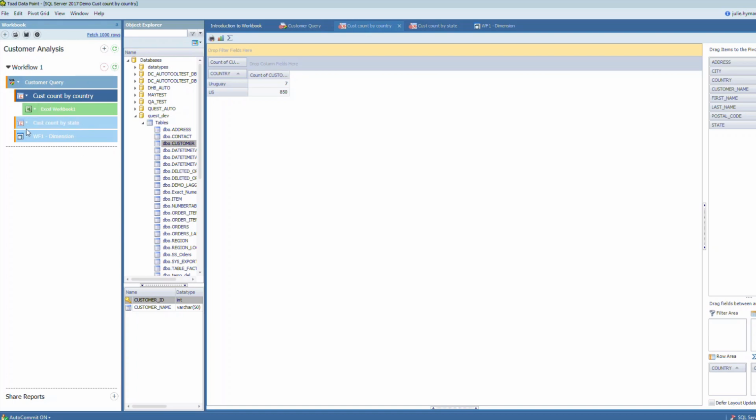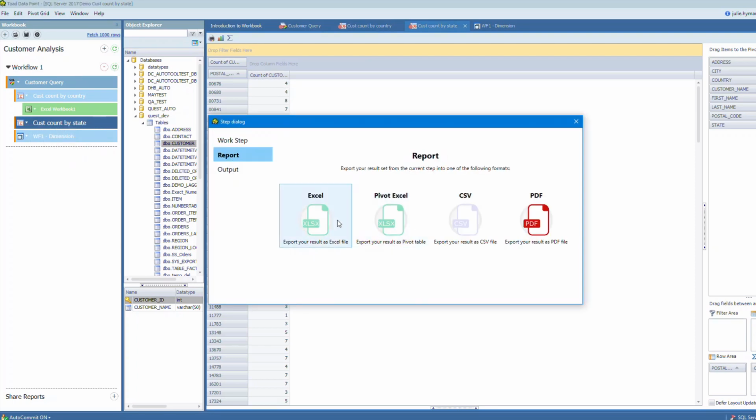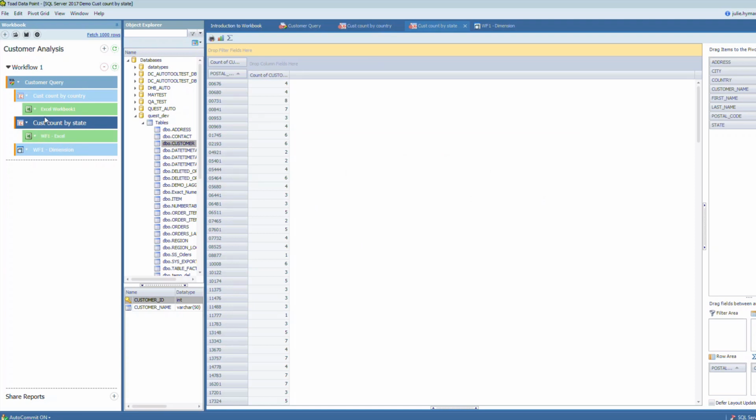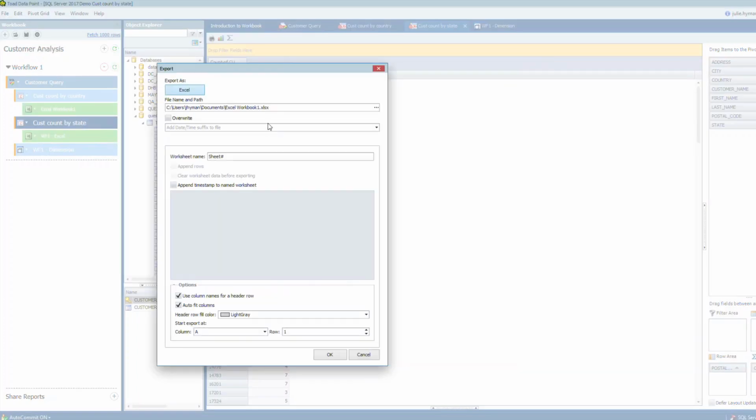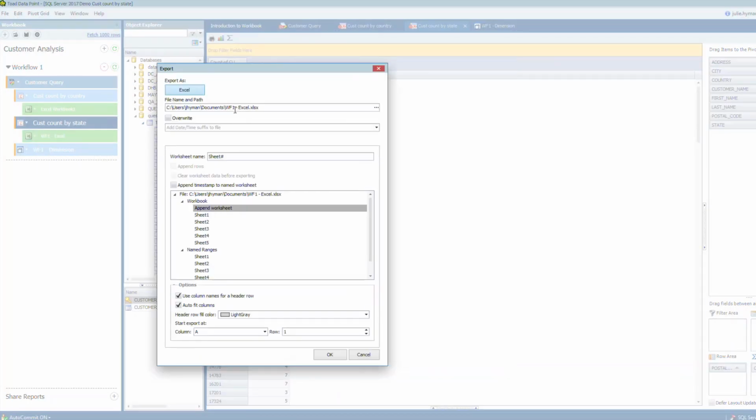And I can even choose to add another Excel workbook here if I wanted to. And I can say I want to put another Excel workbook out here. And I can even actually write into the same workbook. So I can go into my original settings here, and I can say this is going into my Excel workbook 1. Looks good. Go into my settings here, and say I want to go into my Excel workbook 1 as well. So it's going to write into the same workbook. And we'll call this sheet pivot or count by state, just to separate it out.